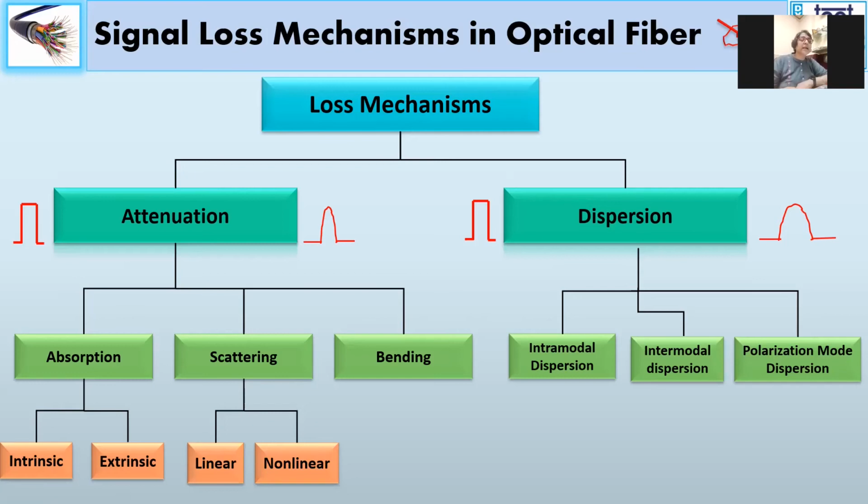Then scattering: we have linear scattering and non-linear scattering, dependent upon how the power from the mode traveling through a fiber gets transferred to another mode, whether linearly or non-linearly. Then bending losses, as I was talking about, in the case of those who have used TCS ion cable fibers, there is an attenuation of signal or breaking of the fiber because of the glass material